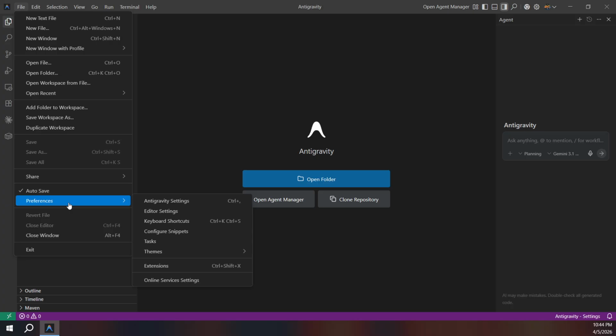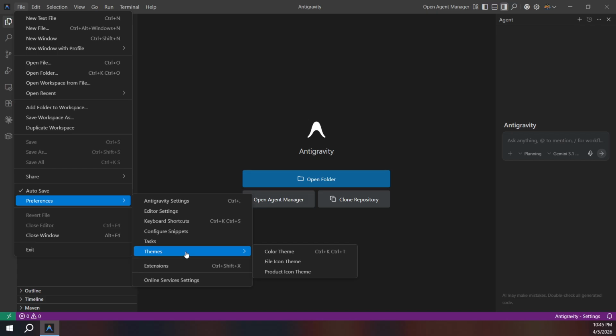Hovering over Preferences will reveal additional choices so you can fine-tune how Antigravity looks and works without leaving your current window. Now, continue by hovering over Themes. This is the part of Preferences dedicated to appearance. You're in the right place when you see the available theme categories. This section centralizes everything related to color and icon styling, so you can make changes quickly and keep your workspace